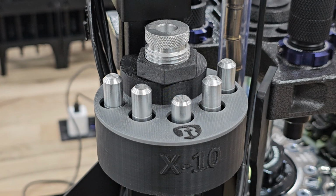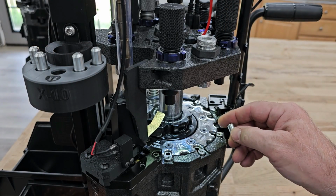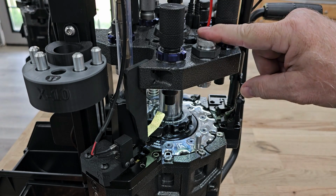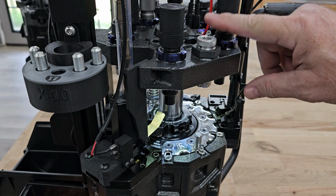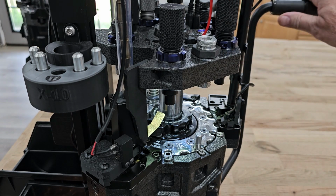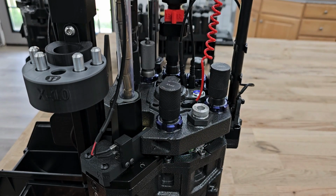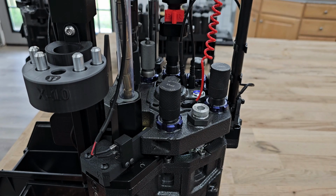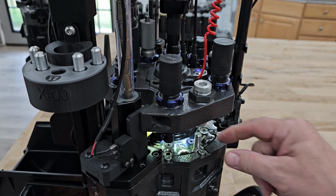This fits every caliber of shell plate currently available for the X-10 press. If they come out with new calibers, we'll add in another dowel that fits that caliber. Setup is very simple. You just simply remove your sizing die, install our guide die. You're going to lower your press. Make sure it's screwed down far enough that it hits both stages